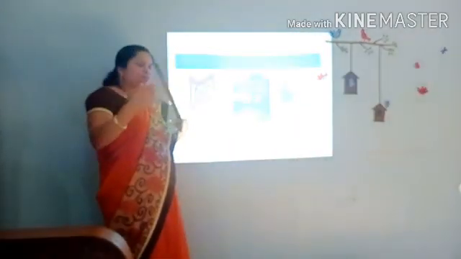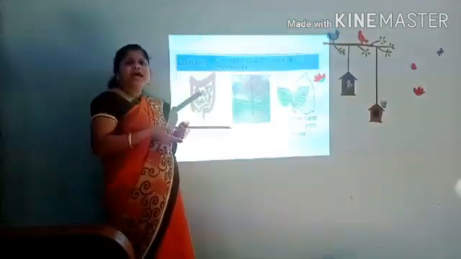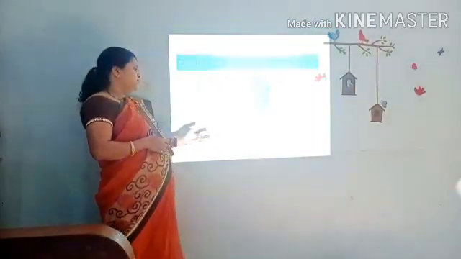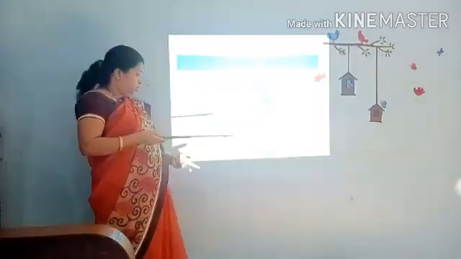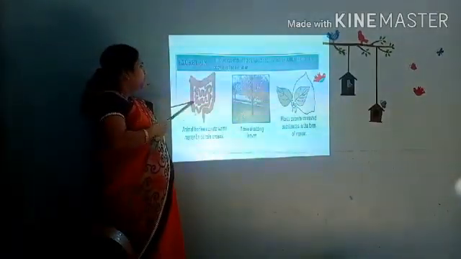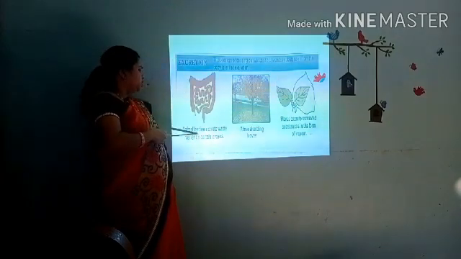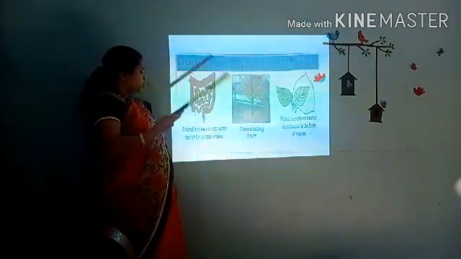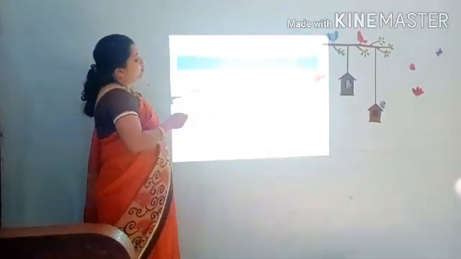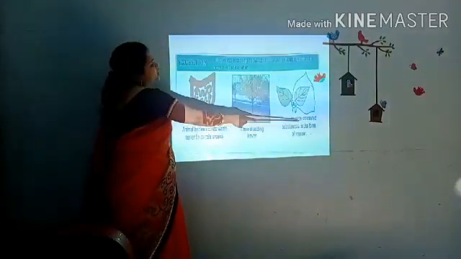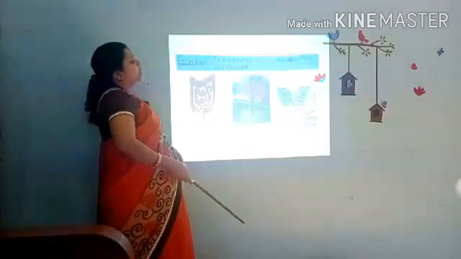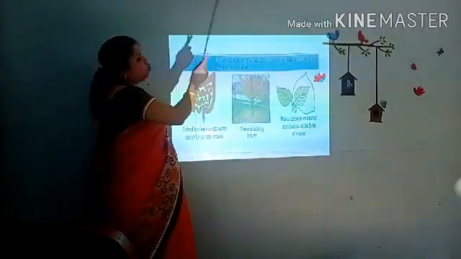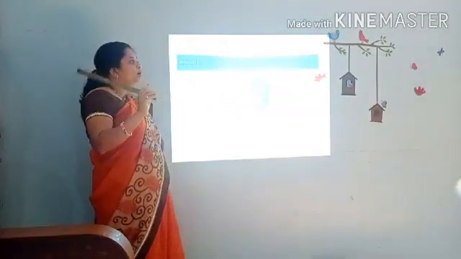We animals, human beings are also a kind of animal, and other animals throw out their waste product with the help of their excretory organs. So here you can see the large intestine and small intestine. With the help of these, we throw out the waste product. And when the plants throw their waste product into the leaves, when the leaf is full of waste product, that leaf automatically falls down from the plant.